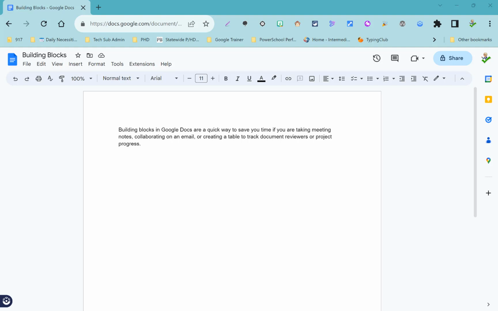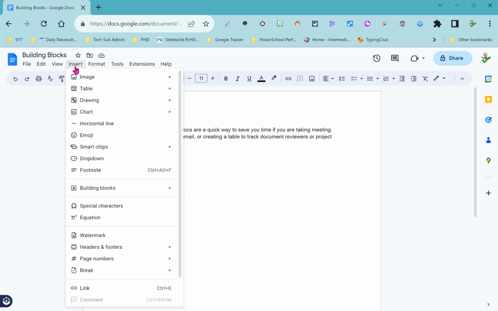Building blocks in Google Docs are a quick way to save you time if you're taking meeting notes or want to collaborate on an email, or if you want to create a table to maybe track document reviewers or project progress. There's two ways to add building blocks. The first way is to go up to the top to the Insert menu and then go down to Building